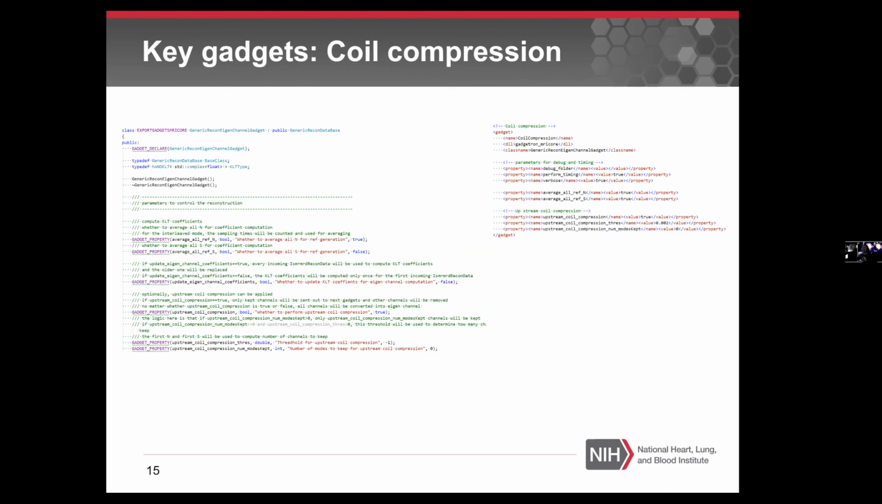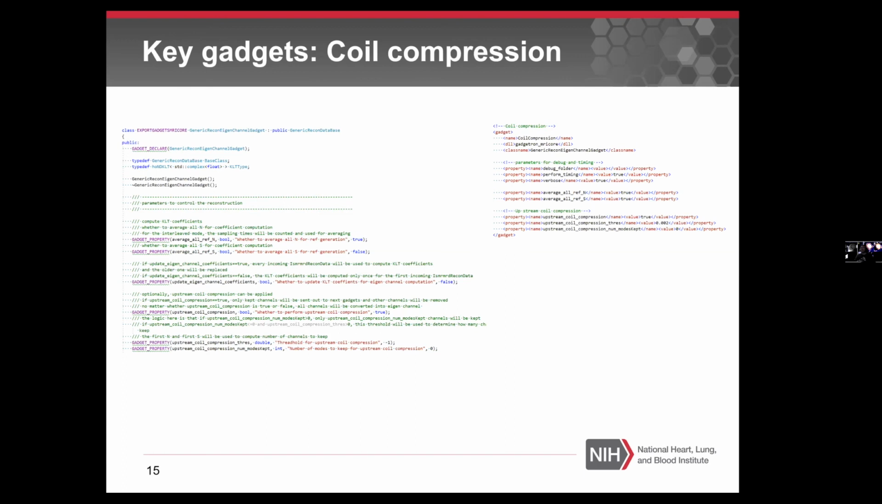We want to throw away the rest. The number of modes kept has priority. It may convert 32 channels into 16 channels. The behavior of this gadget is